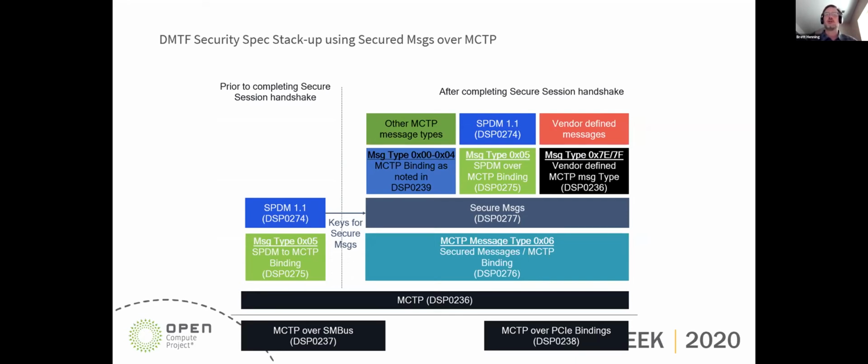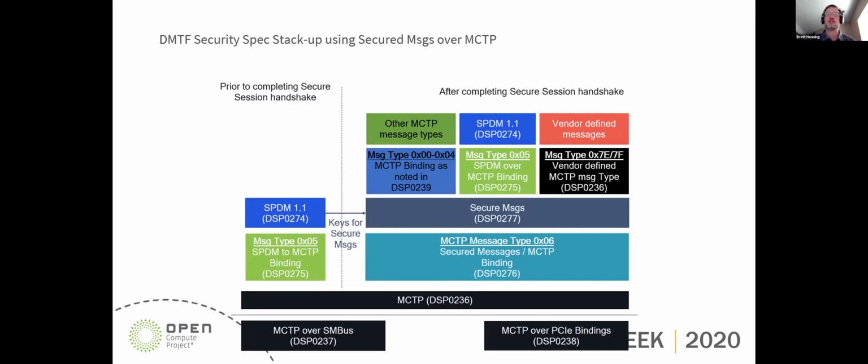Starting at the bottom, servers today use MCTP for most of their management tasks. And that can be between a platform root of trust and a device, or between a management controller and a device. So SPDM wanted to leverage that existing framework and build on top of it.